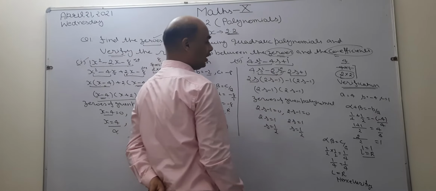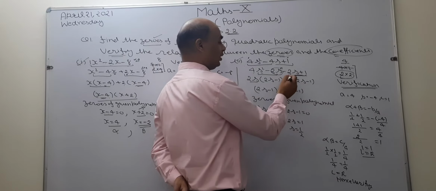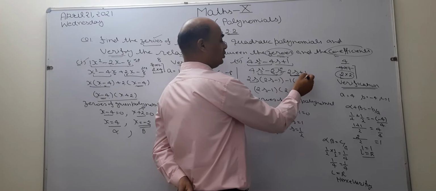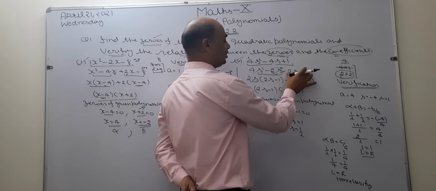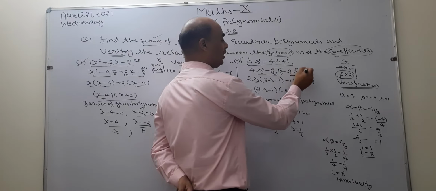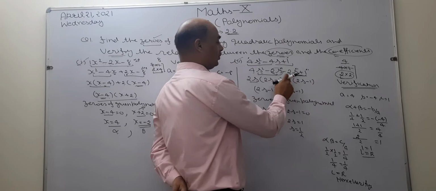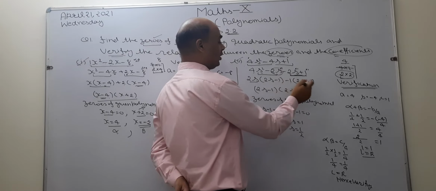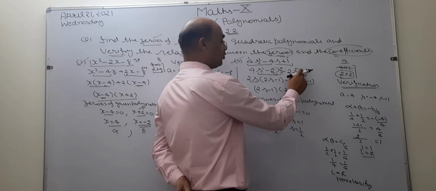Okay? Now, what is common between the last pair? Nothing is common. Here it is 2 and here it is not divisible by 2. In this last term, nothing is common. When nothing is common, it means 1 is common, because 1 is the factor of every number. 1 is available in every number. I take minus common, minus 1 common. When I take minus common, we have to change the sign of the last term. Negative becomes positive, positive becomes negative.